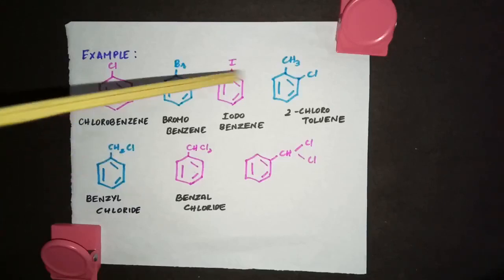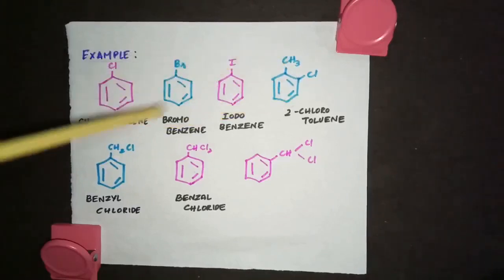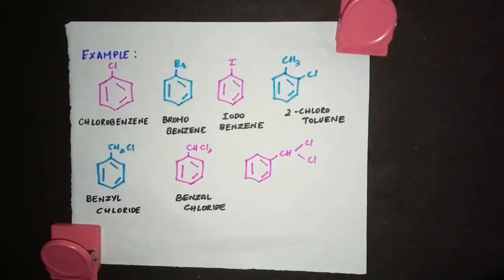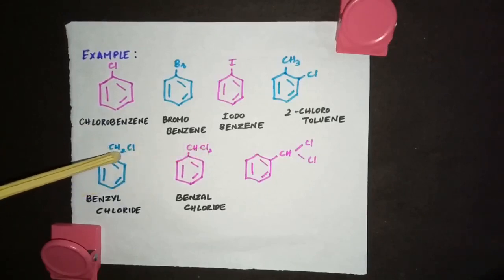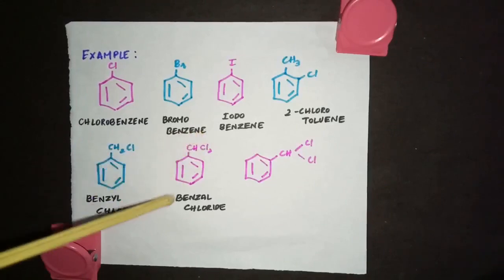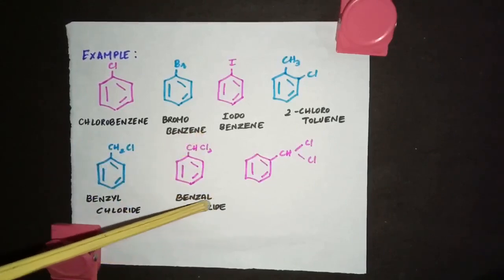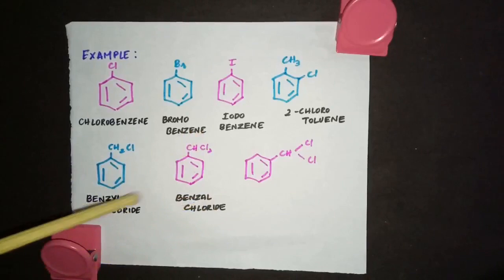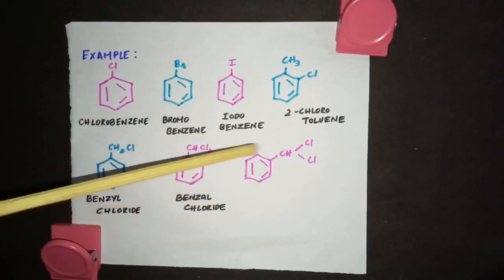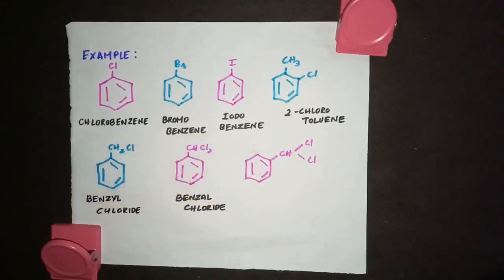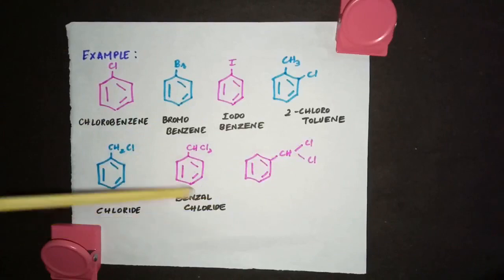In that toluene, look at this. This is toluene. In that toluene a hydrogen is replaced by a halogen atom. If two hydrogens are replaced by two halogen atoms, which means CHCl2, we call this benzal chloride. Look at this name. This can also be written like this. See, CH and two chlorines attached to the same carbon atom. We call this benzyl chloride and this benzal chloride.